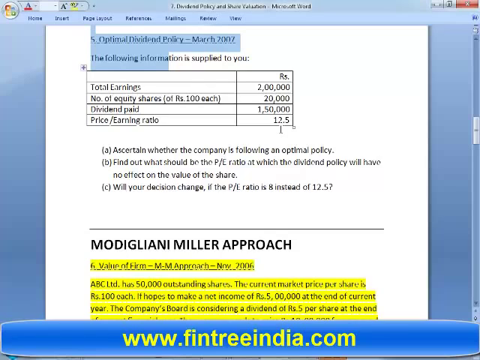Dividend policy will not have effect when R is equal to K. And at what P/E ratio will R be equal to K? 10. Because if your P/E is 10, your cost of equity is 10%. Inverse of 10 would be 10%, 0.10. So write down, for a dividend policy to be irrelevant as per Walter's model,